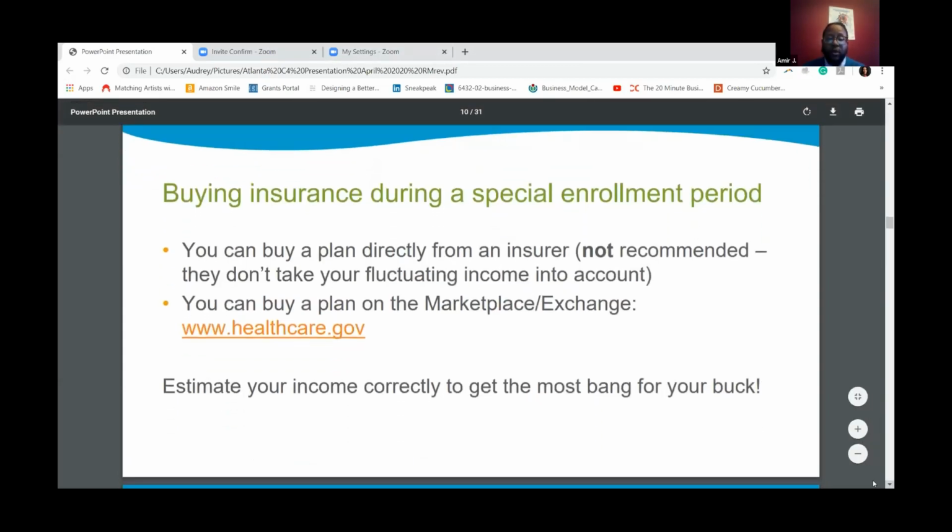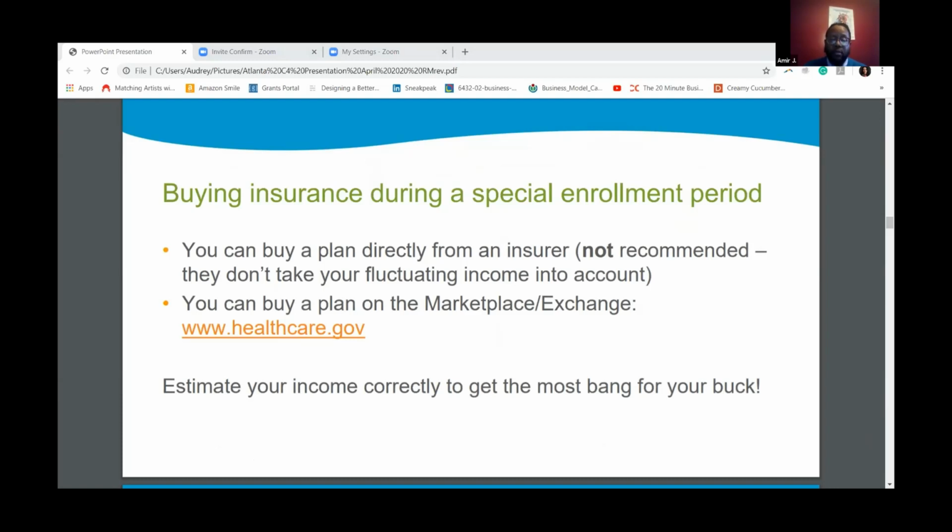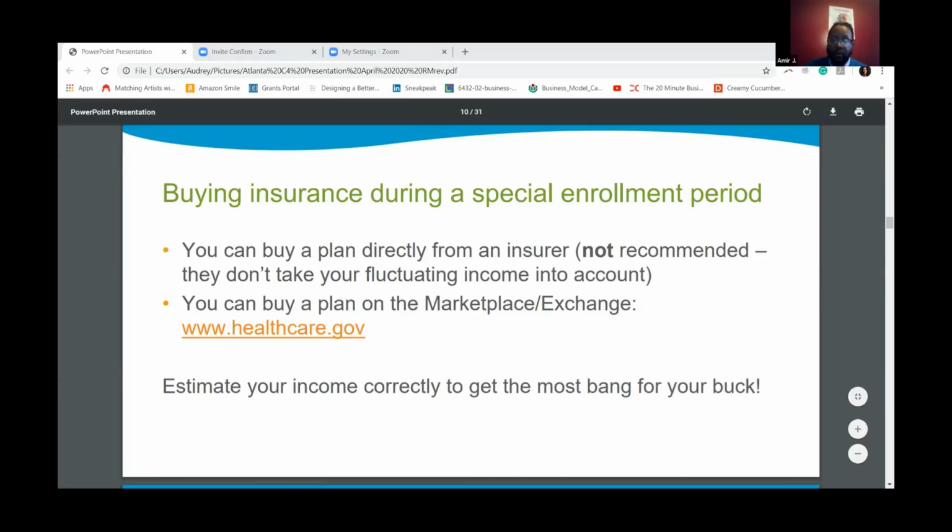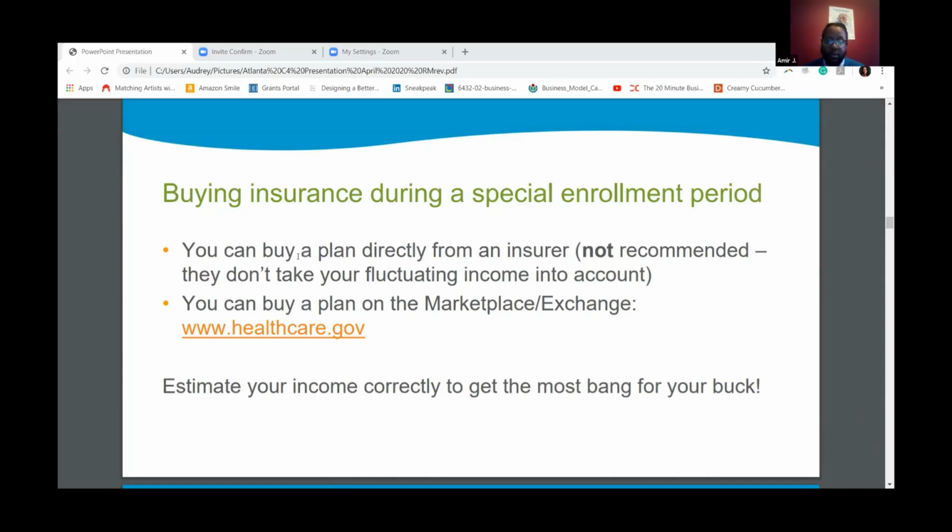I mentioned this earlier in our question and answer session that just began, but conventional options are available to apply for as it relates to insurance. The marketplace, however, is the only place where subsidies are actually available to folks. And again, with those subsidies, we're talking about cost sharing reductions as well as premium tax credits.